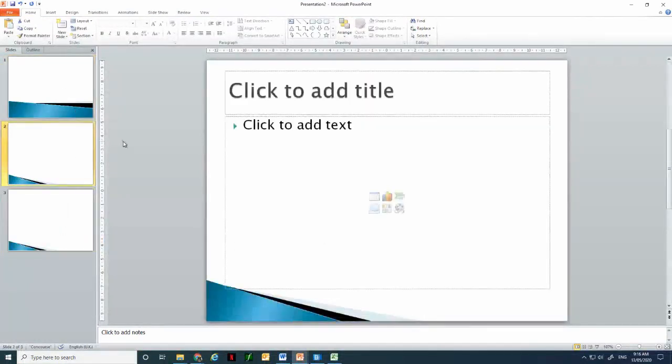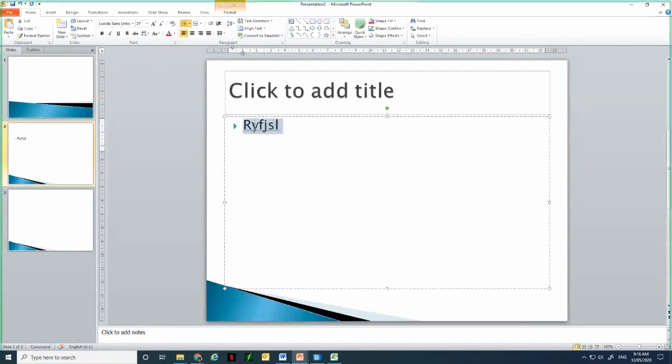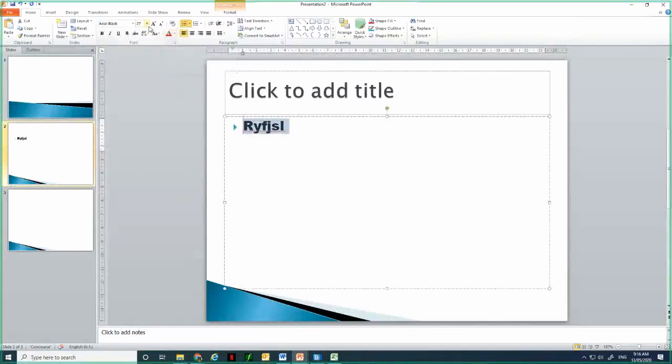Each slide comes with a default text and title box, which you can just type away in. And just like with the word processor packages, you can adjust your fonts and colors, size,